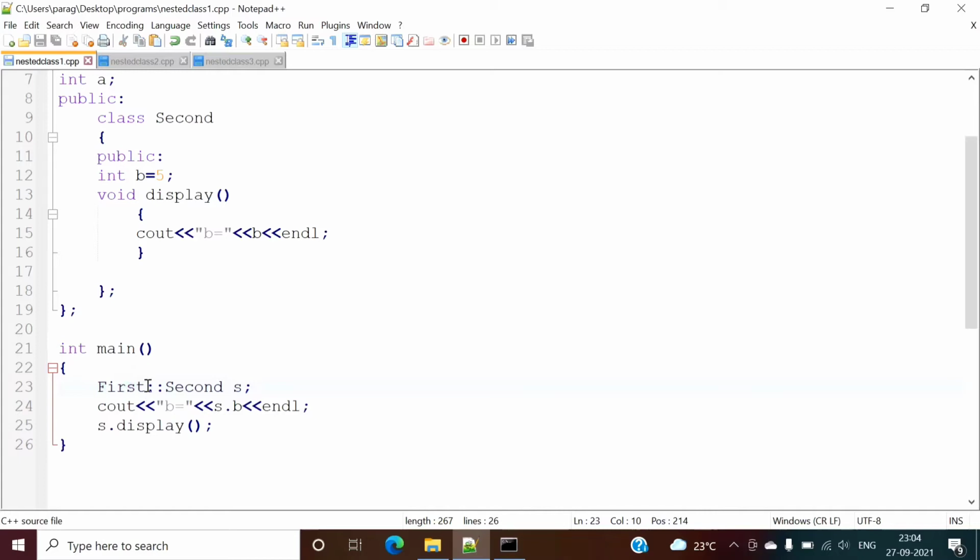So we have to use this scope resolution operator while defining an object of this second class, or nested class, or inner class. Now we'll see the second way to access this class.